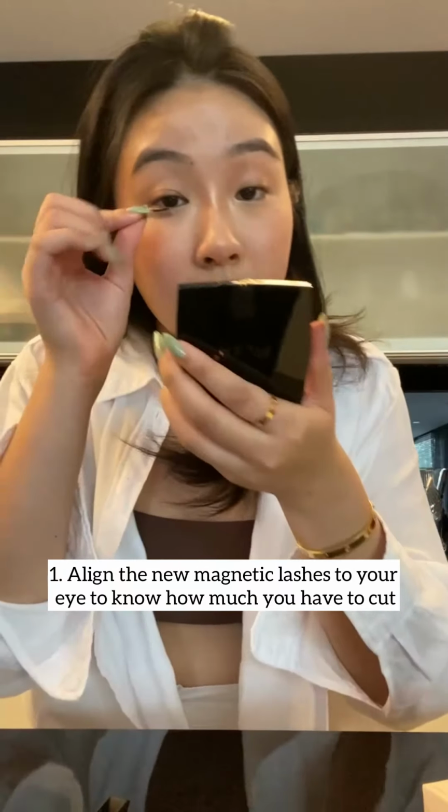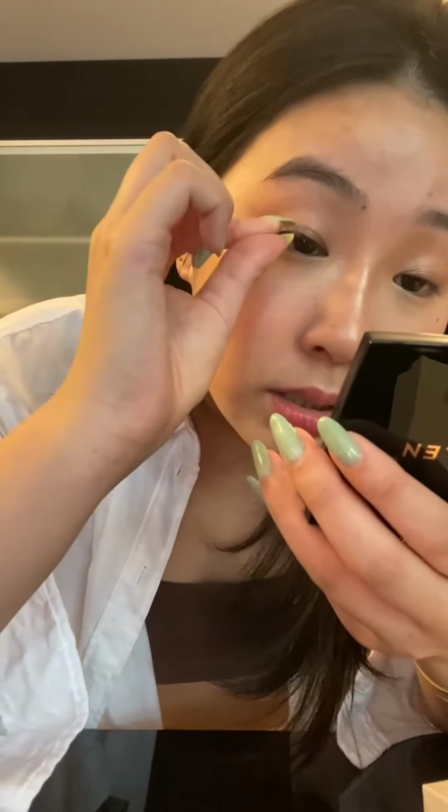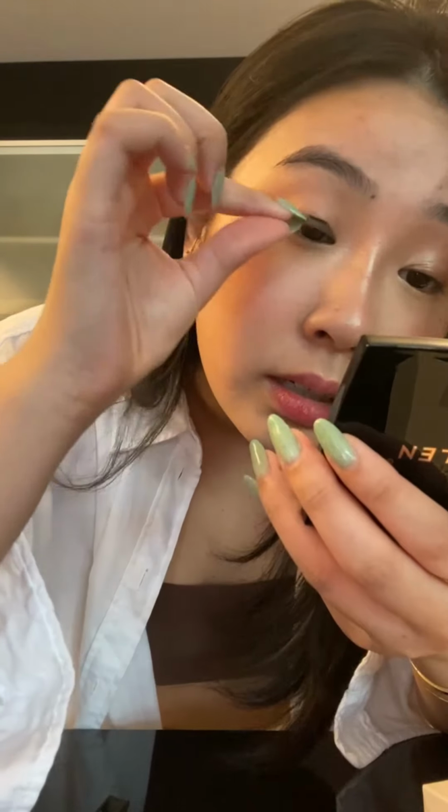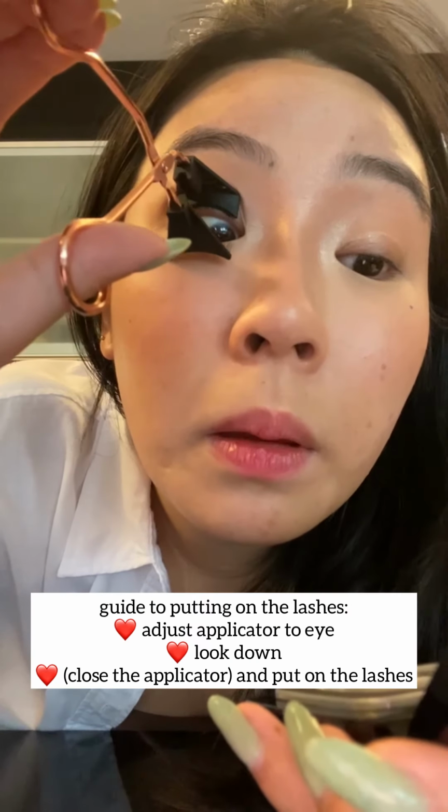Usually how I'll do it is that I will try to align it with my eye first and then cut it. How I align is I'll just do this with the lashes, and then I'll align and see how much to cut. Now I'm just attaching the lashes here. I always look down and then